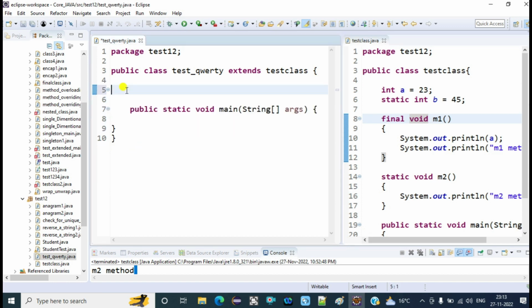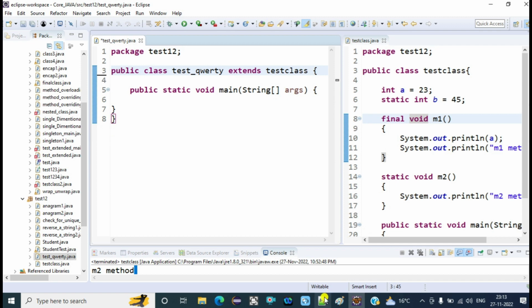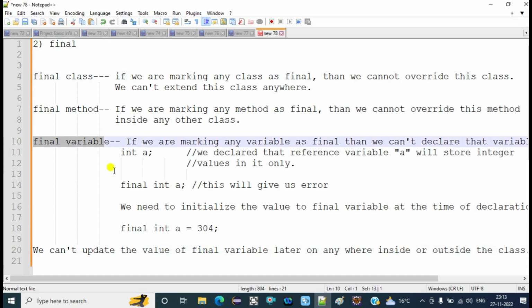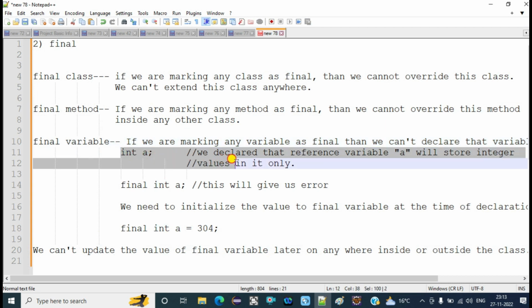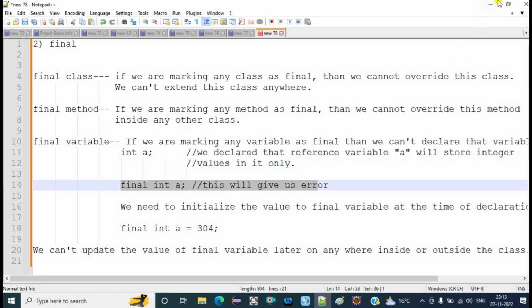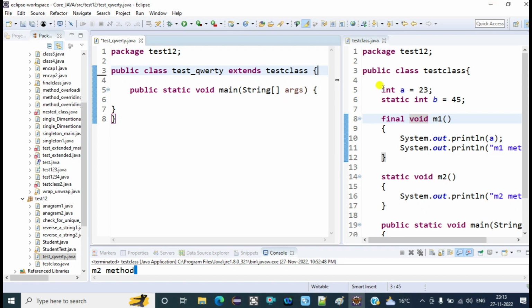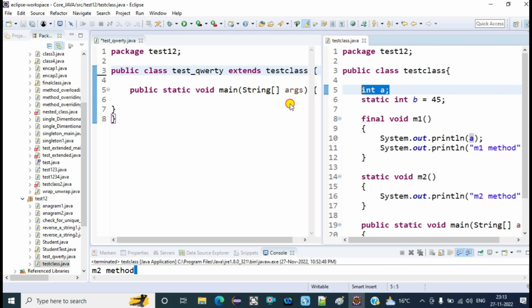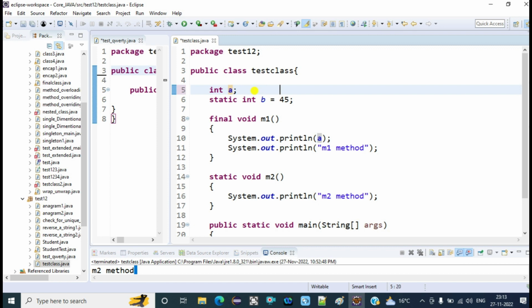What is that one? Final variable. Okay, if we are creating any variable as final, then what will happen? Let me take this example. This variable a here is treated as a declared variable. This is the declaration. What we did here is that we declared